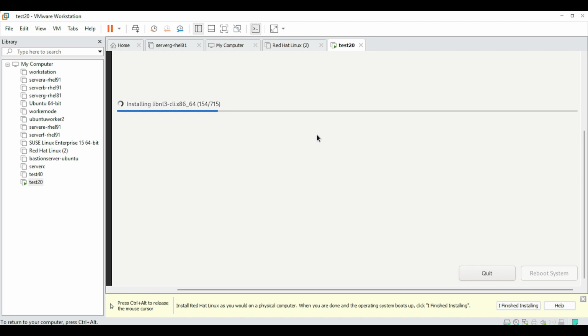This will take at least 4 to 5 minutes. Whenever the kernel-core is installed successfully, the installation will complete. Sometimes fetching this kernel-core takes time, so do not worry about this. You have to keep quiet at that moment.